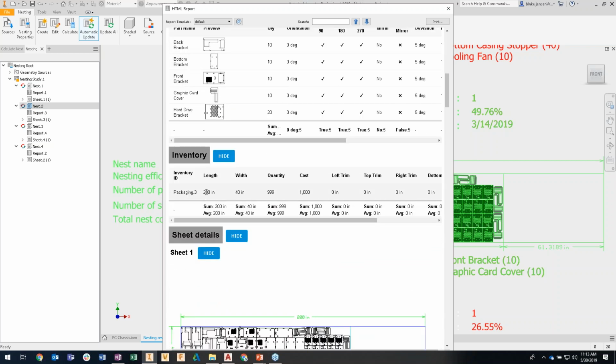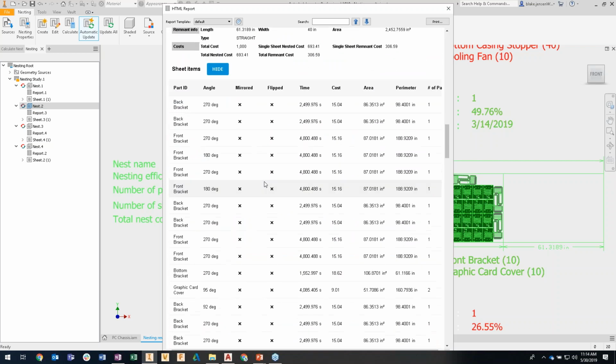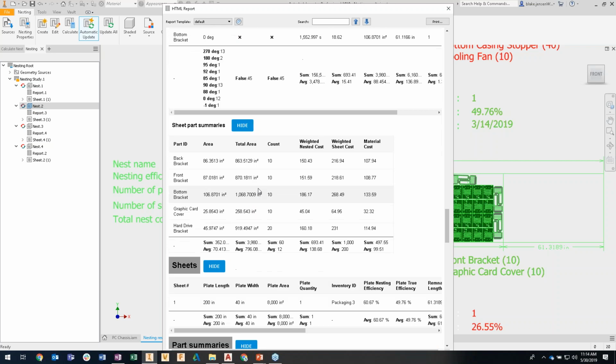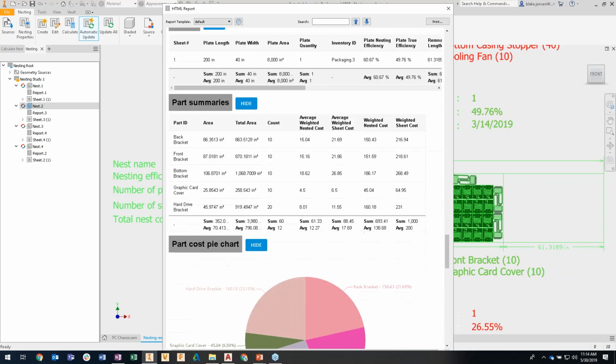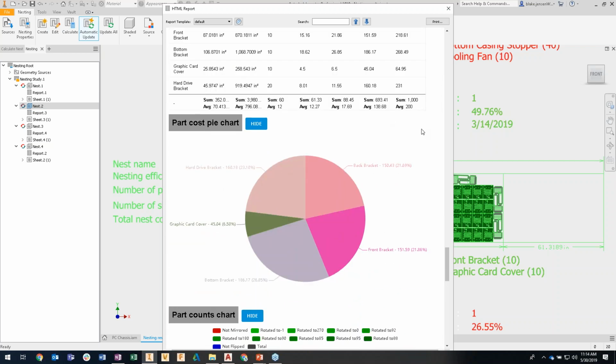I can tie this into my inventory. So I'm using one sheet at 200 by 40, and this is an arbitrary number here, but this could be tracked over time so that you are tied into your actual material inventory rather than not having that insight. I can also scroll down further and skip past some of these individual orientations and look at my sheet part and cost summaries. And I think this one right here is the most revealing